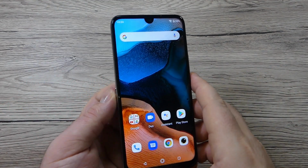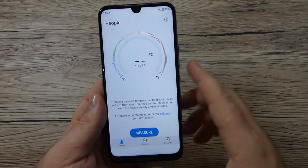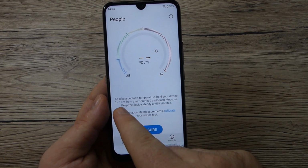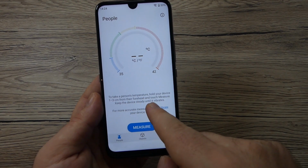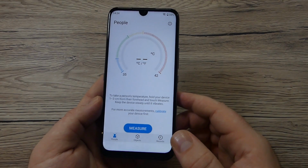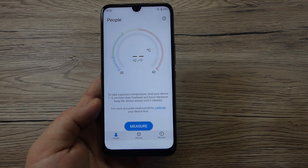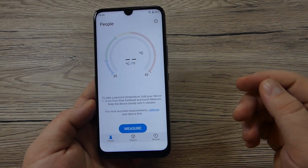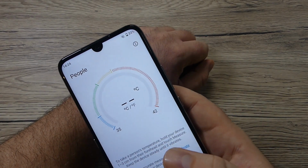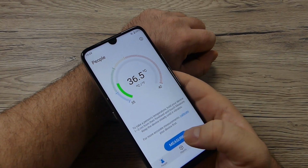Okay, to turn it on, you got this shortcut right here. You just have to tap once and you're gonna have access to this app. And it's saying to take a person's temperature, hold your device 1-3 centimeters from their forehead and touch measure. Keep the device steady until it vibrates. Okay, so it's not necessary to take it up to the forehead because your whole body has quite the same temperature. But yeah, to be accurate, you have to put it on the forehead. But I can put my hand right here and I can press measure and check this out,